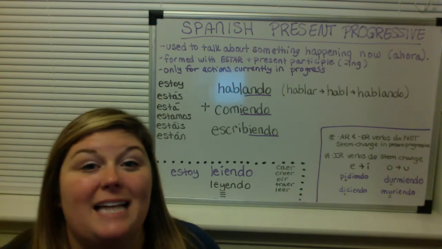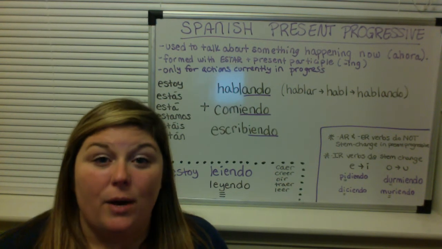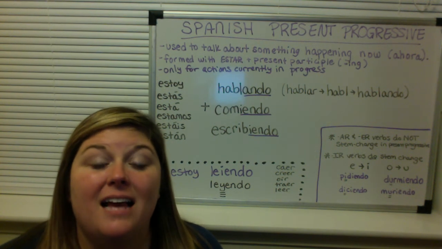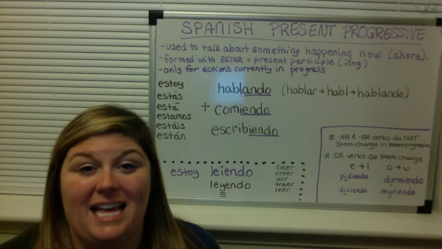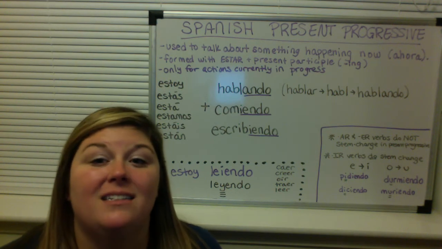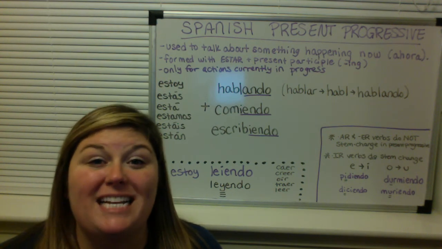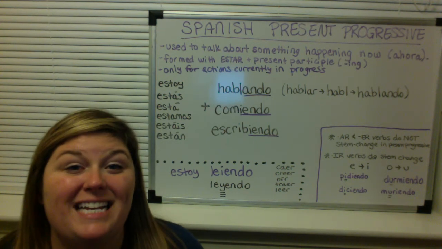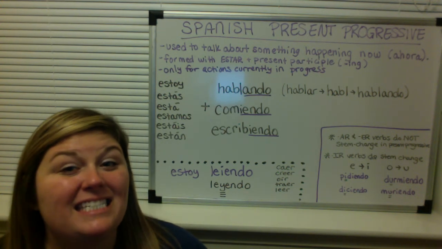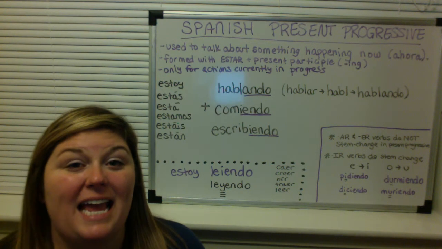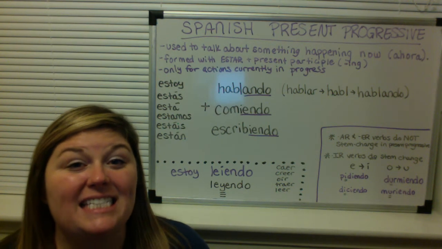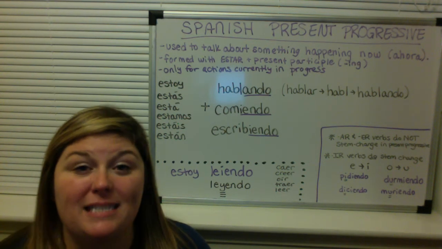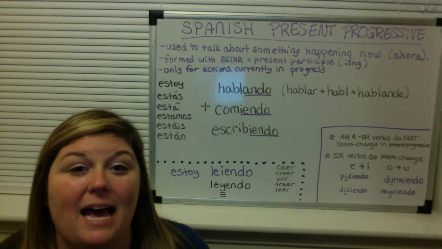So if we want to say I am, we say estoy; tú, you, estás; él, ella, usted, está; nosotros, estamos; vosotros, in España, estáis; ellos, ellas, ustedes, están. All right, so we have our conjugations of the verb estar, and we're going to combine that with a second